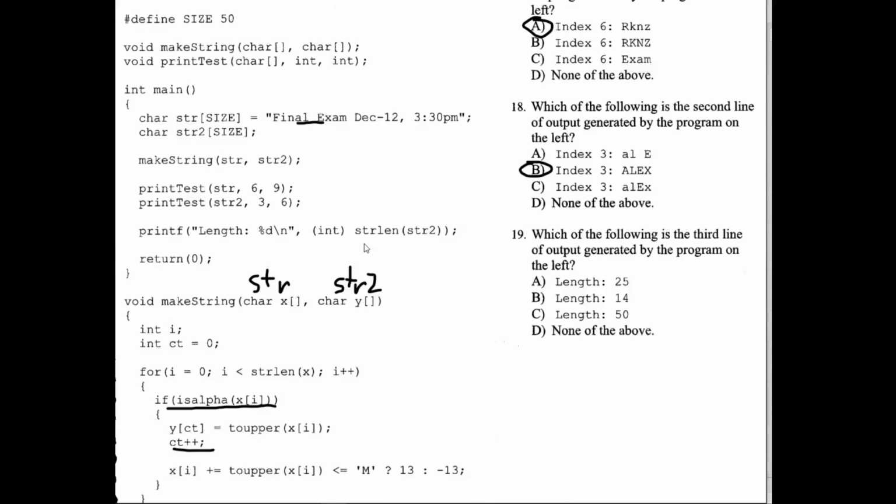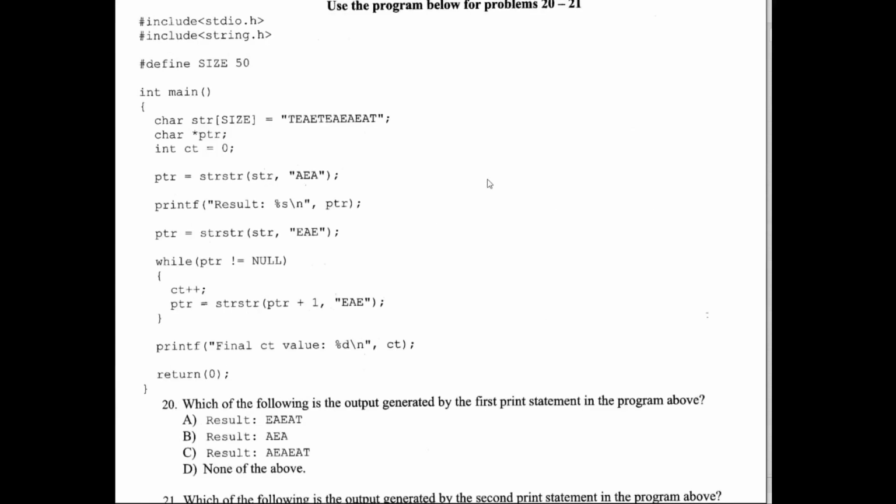So in this case, the answer is in fact going to be B, because it's only counting the alphanumeric characters in this string 2, which is only going to be the number of alphanumeric characters in the first string, which will be 14. Moving on to questions 20 through 21, we have some more string manipulation with a string that is set